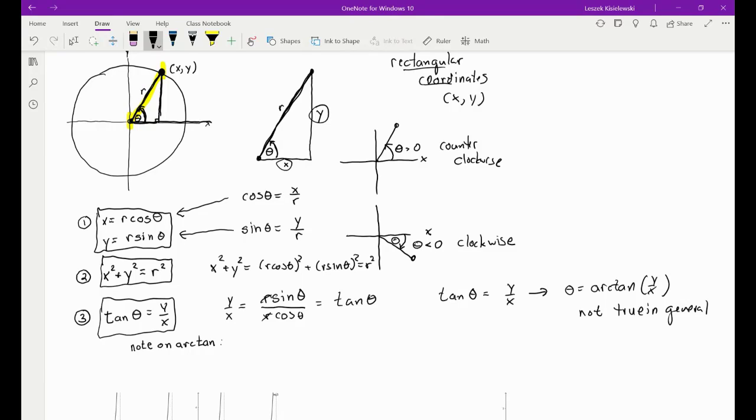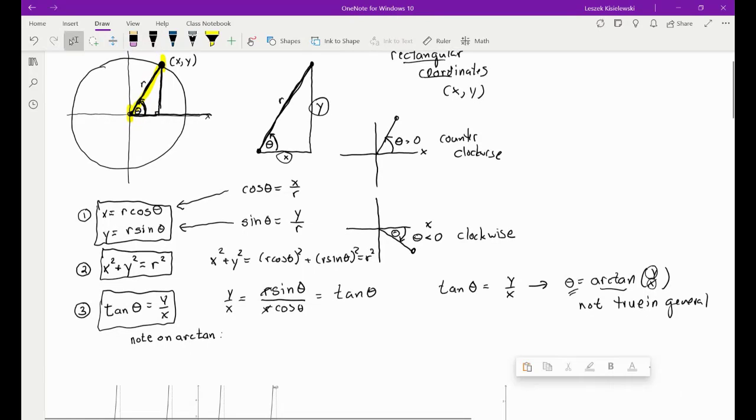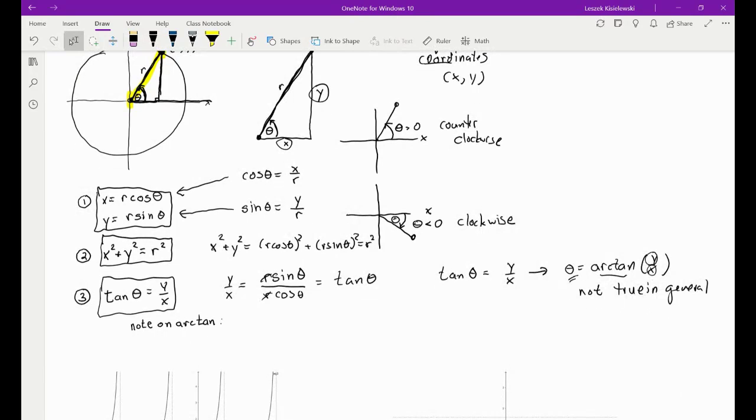You're not guaranteed that if you're given an x and y coordinate for a point, you can simply find the arctangent of y divided by x and get the guaranteed angle there. It's just not the case. So this would be a good point to review